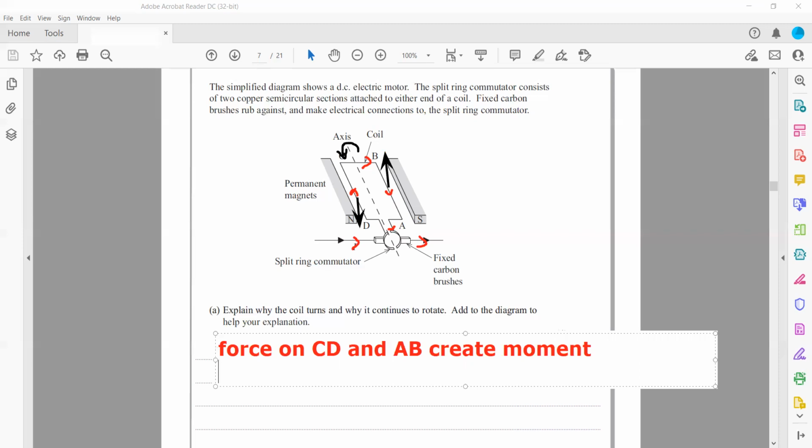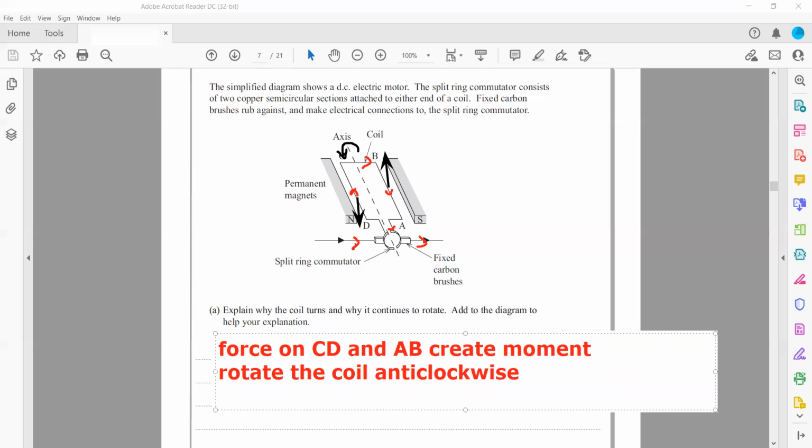From C to D the force is downward and it is away from the pivot, as well as from A to B the force is upward. So the forces on CD and AB will create a moment or a turning effect, which rotates the coil anti-clockwise, and the coil will continue to rotate in the same direction